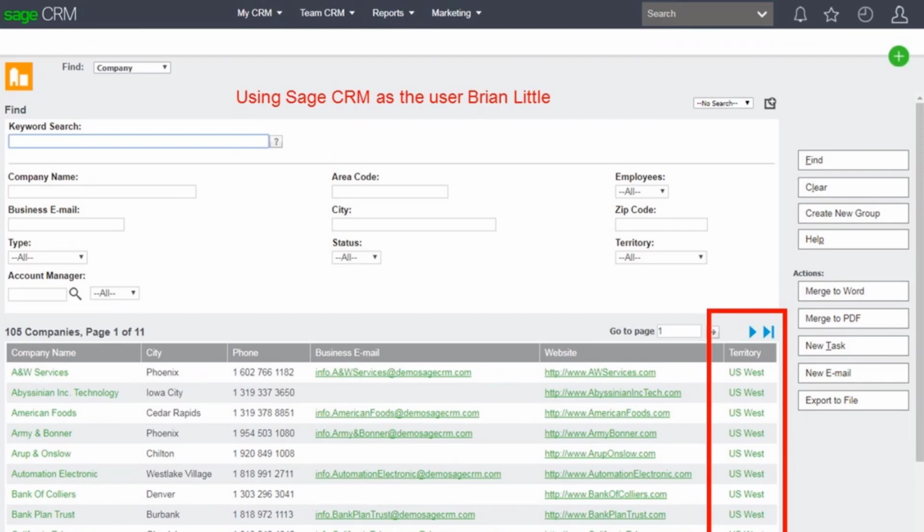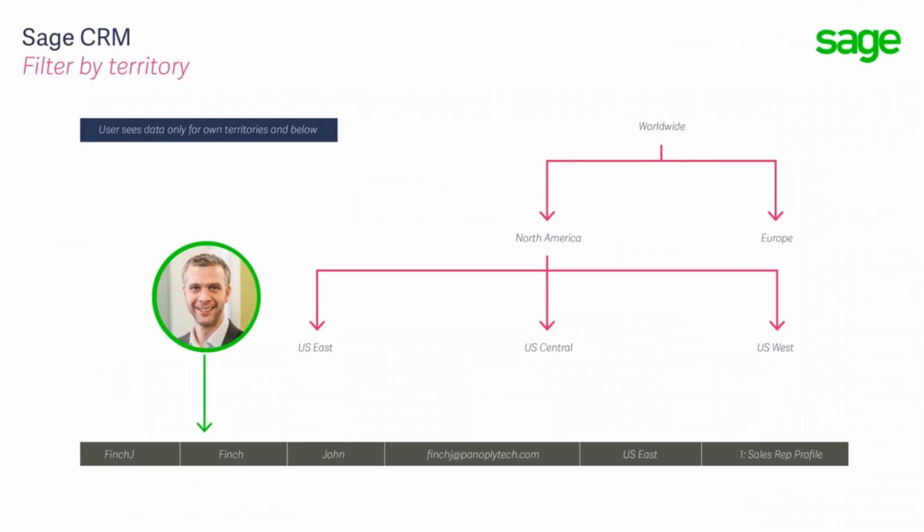Now this is the data that is being marked in his territory, and that's a different set of data from the information that John Finch saw. The data that a user like John Finch or Brian Little sees is a product of an SQL query that fetches the data. But that query, that is a select statement, is dynamically changed using the territory information to restrict the return of